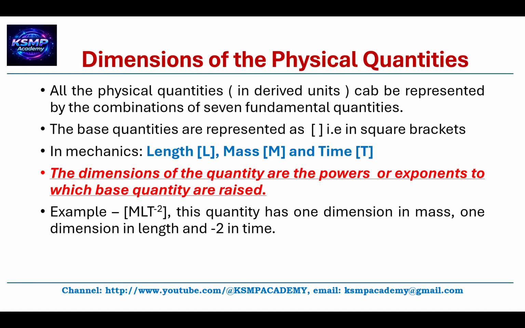In this video, we are going to discuss the dimensions of the physical quantity. As we know, quantities can be expressed through physical quantities, and that is what we call derived units. Derived units are expressed in terms of fundamental quantities. Quantities may have simple 2-3 units, like mass into time or kg into time, or maybe a complex one. Derived units are the combinations of the 7 fundamental units, as we have seen in the